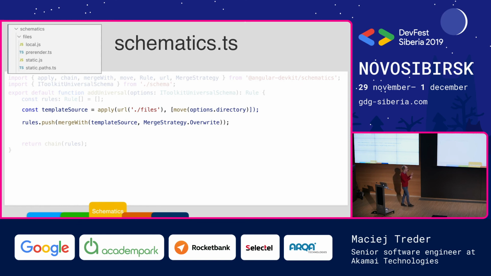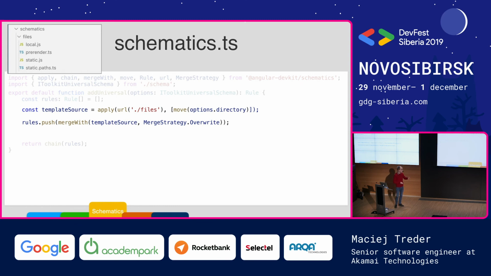So to avoid a situation when I am using something like tree create, let's say static.js, and put the 10 lines as a second parameter, I can create that file and use the technique called template source, and just using the helper functions from the Angular dev kit, I can copy this to my user